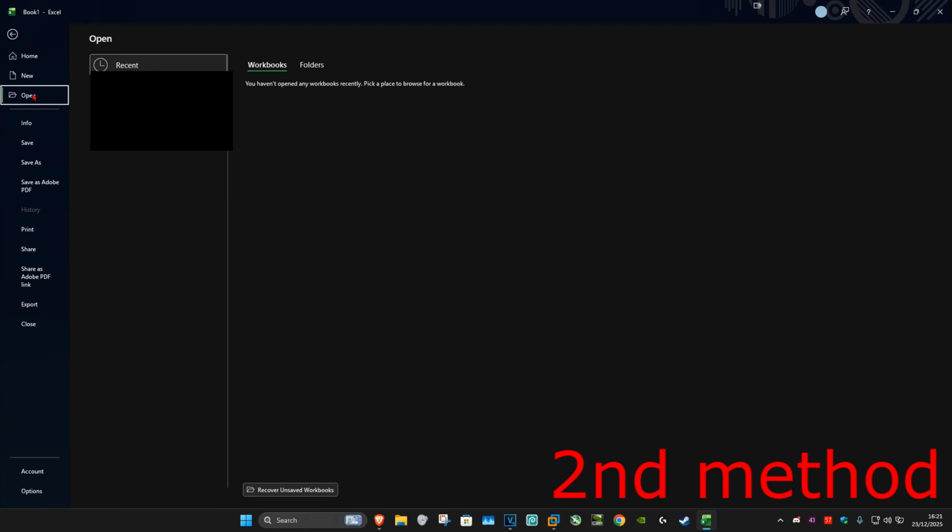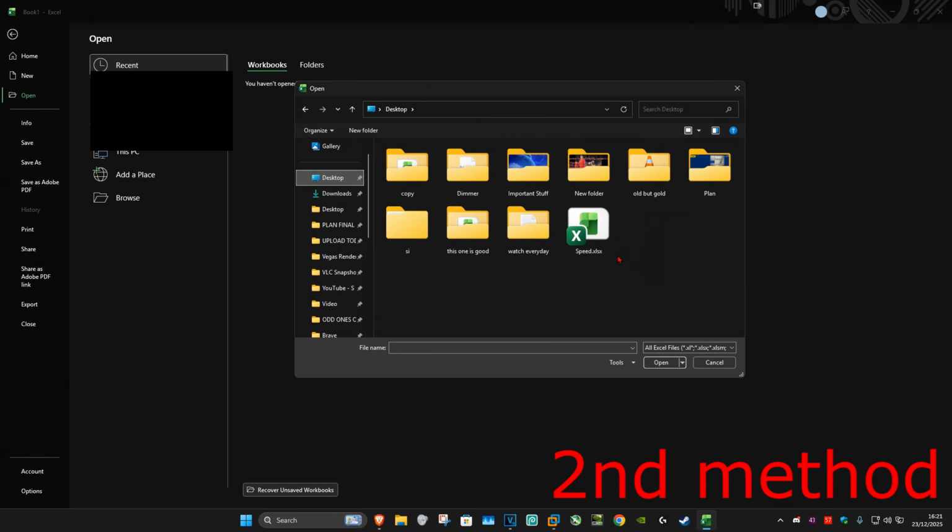For the second method, you want to click on File in the top left, and then click on Open, and then click on Browse. You want to find the Excel document that you want to open. Once you find it, just click on it one time, and now where it says Open, you want to click